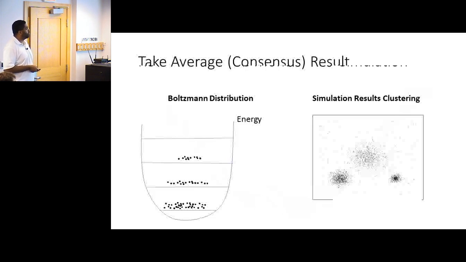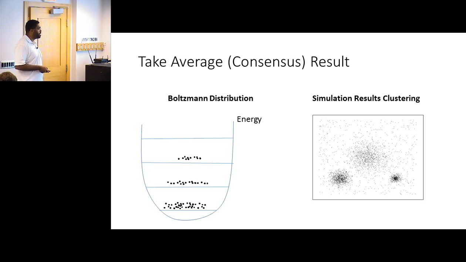So what we try to do is borrow from this idea of the Boltzmann distribution, where our lowest energy state is our most common protein conformation from our modeling. So after all the modeling is done, we do all against all structural alignment and structural similarity comparison, and we take cluster centers from each of the clusters as final structures from our simulation.